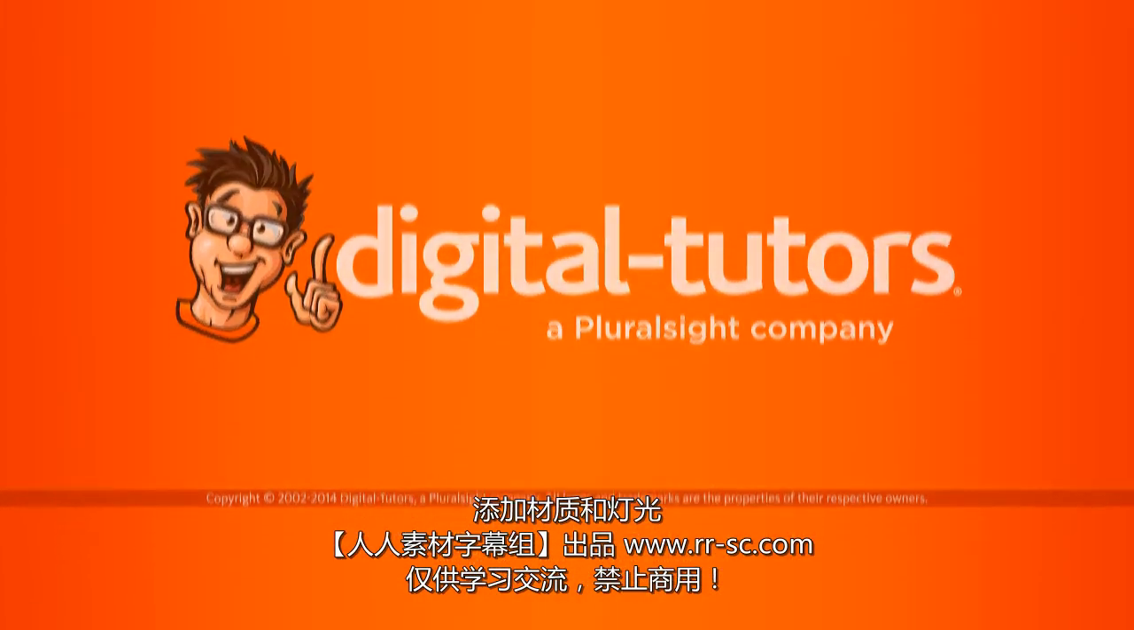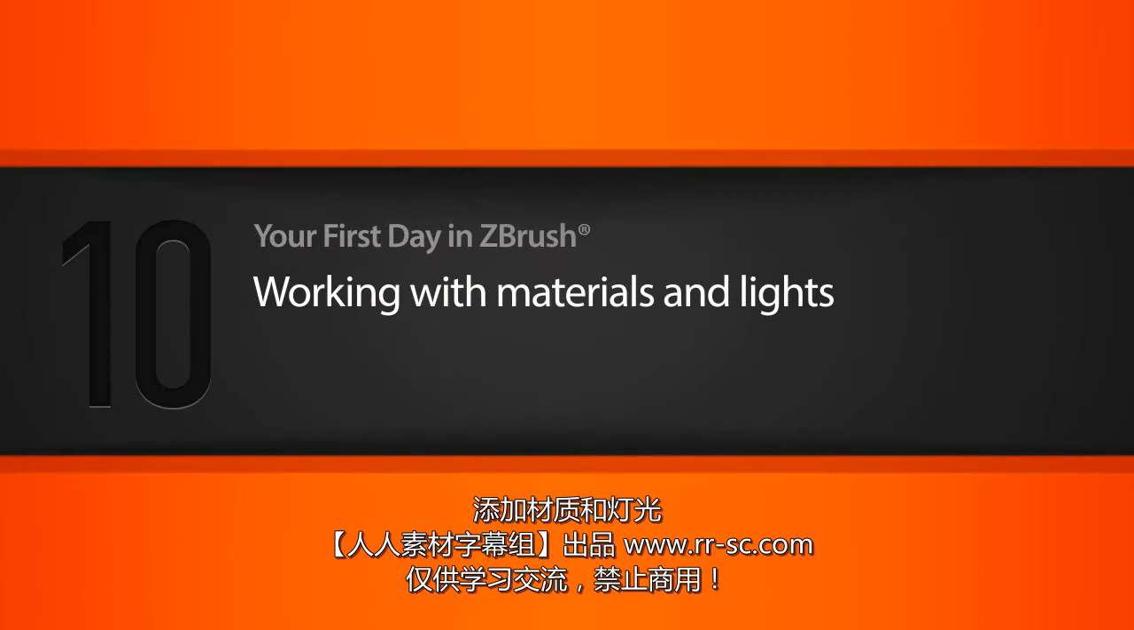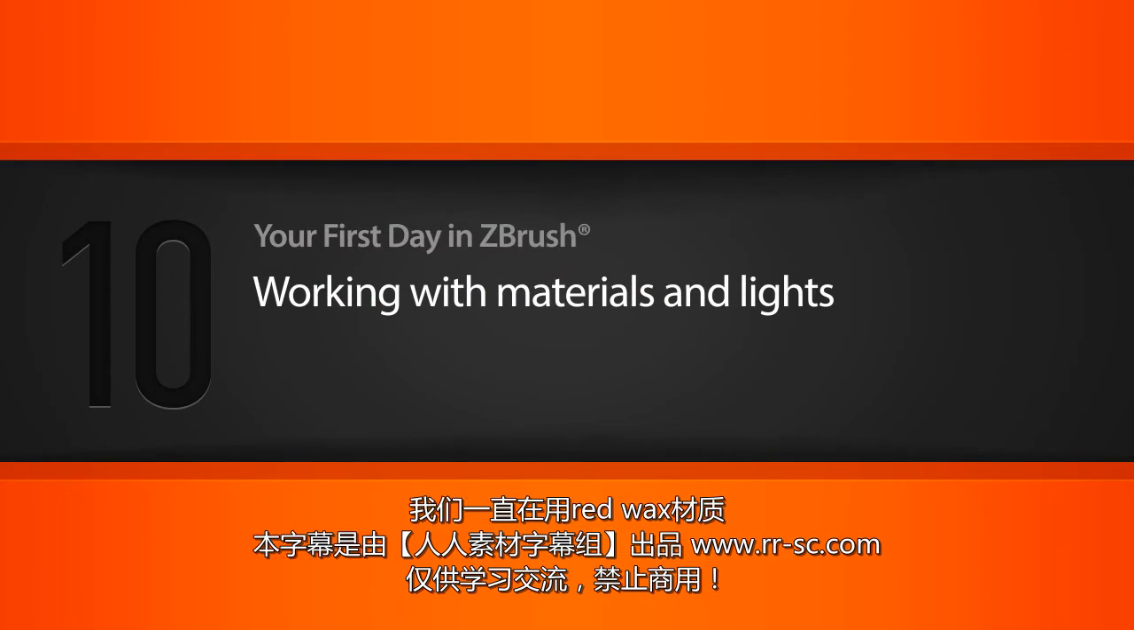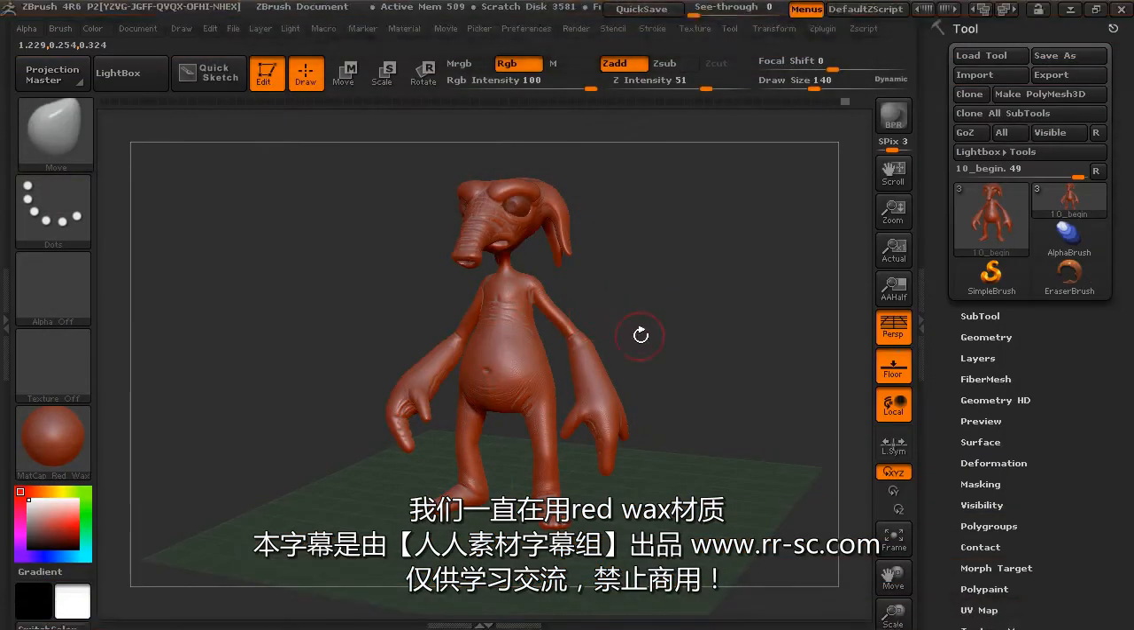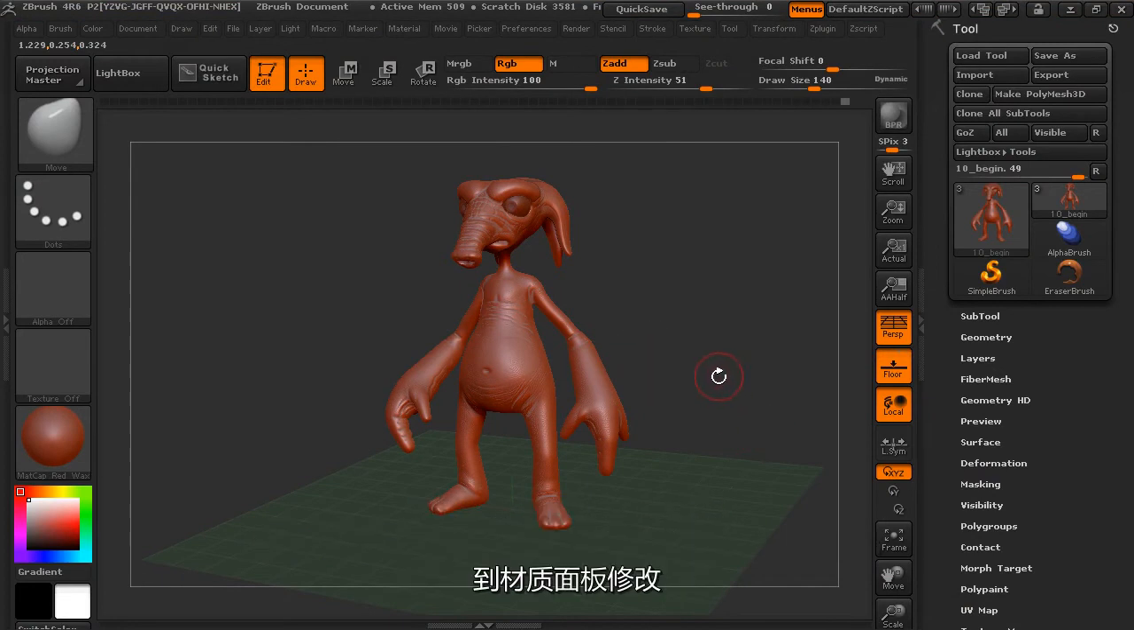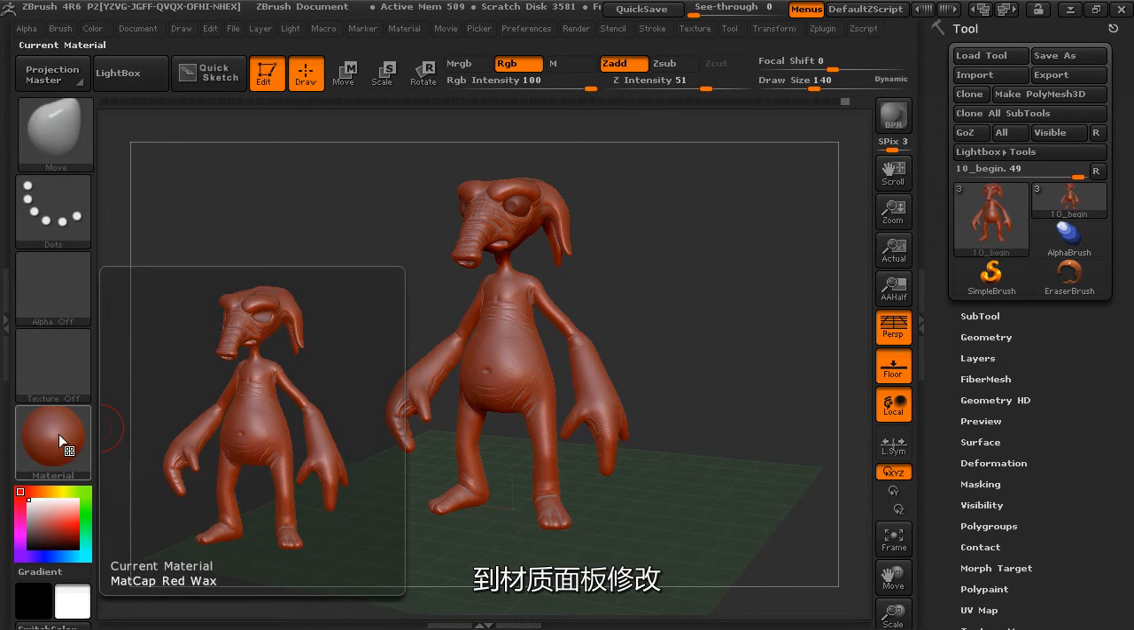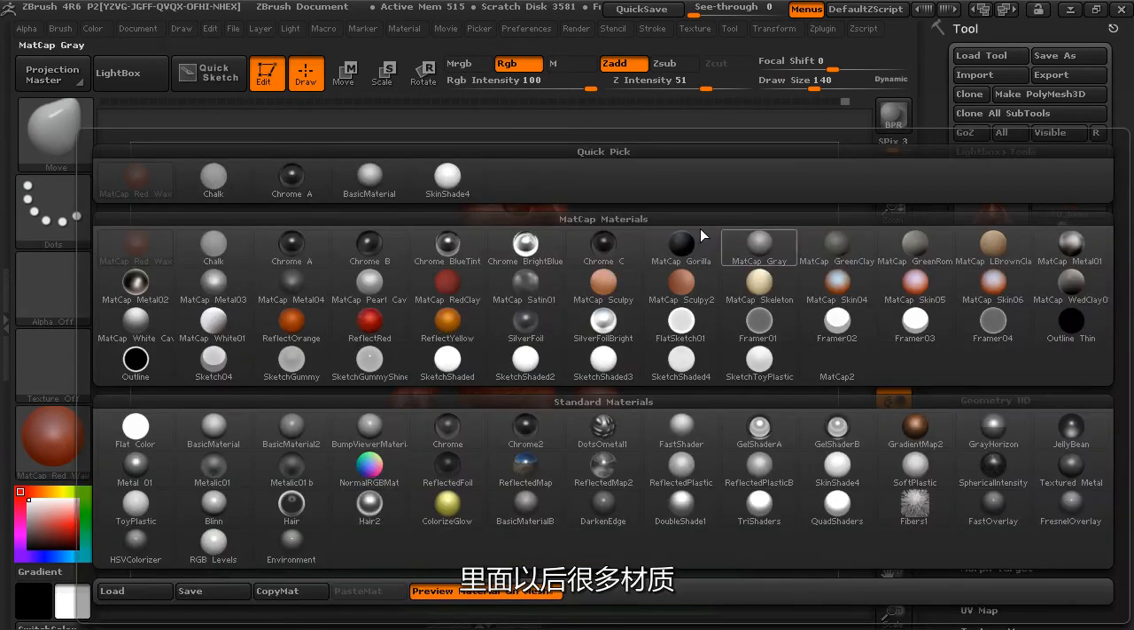Now let's talk about adding materials and changing lights. So up to this point, we've been using the same red wax material on our model. If you ever want to change the material of the model that you're working with, all you have to do is come over here to the material palette, open it up, and there's a bunch of different materials that you